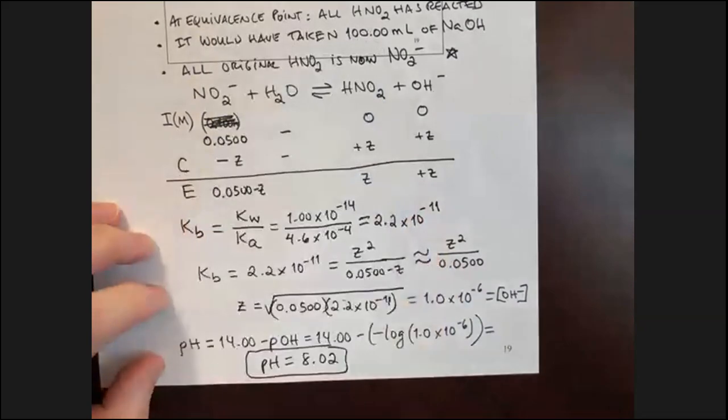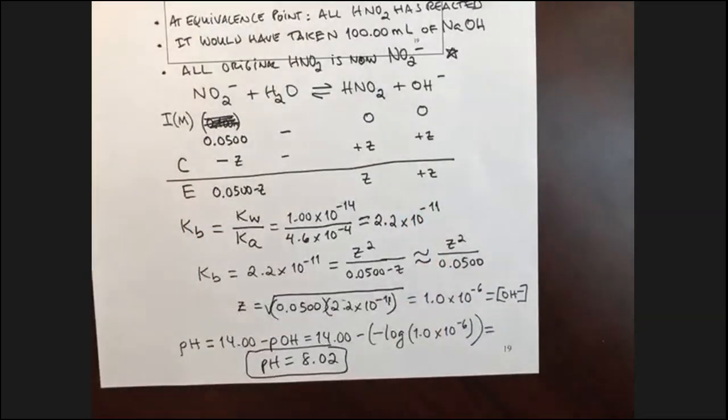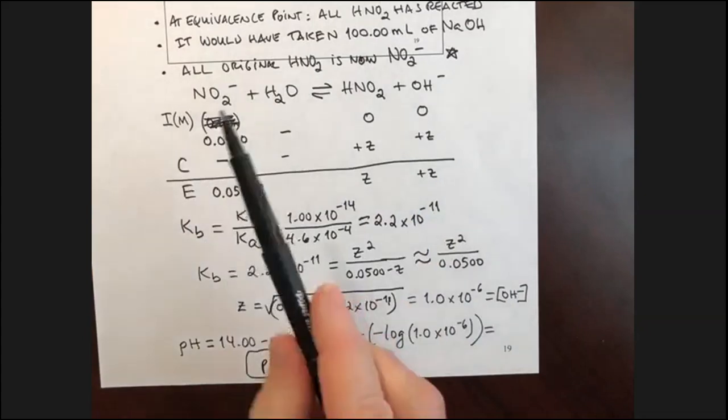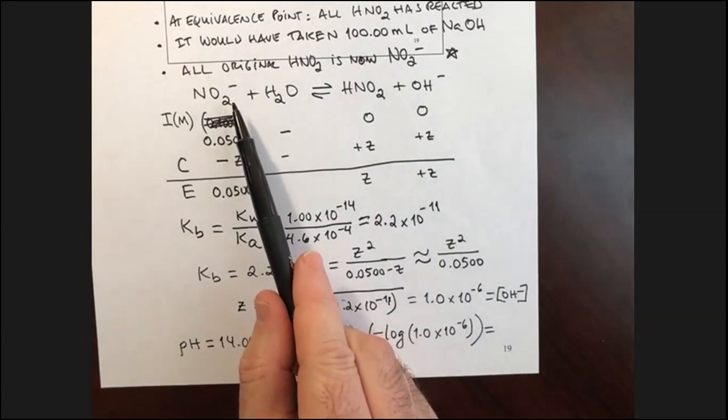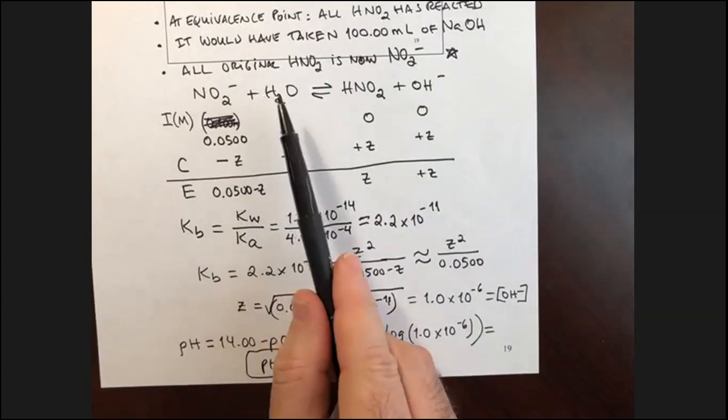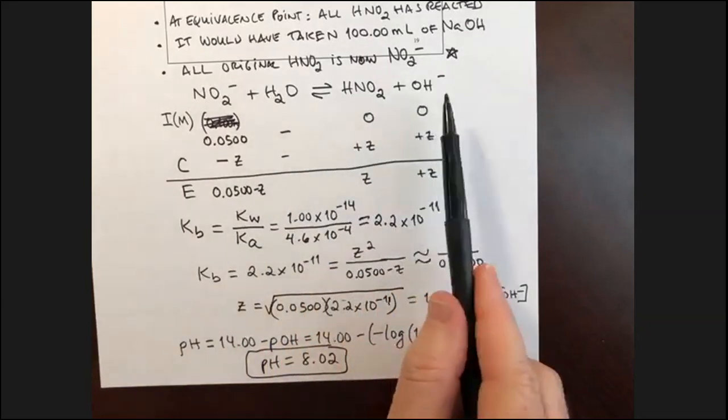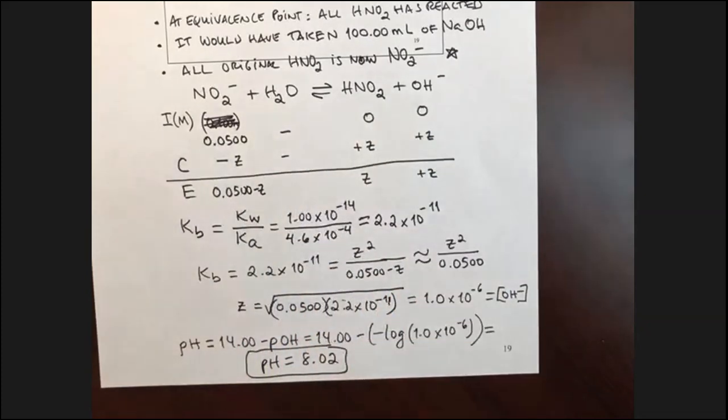As predicted, the pH at the equivalence point is not 7. It's slightly basic because the product of the titration, the nitrite ion, is a weak base that hydrolyzes to increase the concentration of hydroxide ions above neutrality. And that's why you have a higher pH. Okay, a few more moments to let you guys absorb that, and then we'll tackle the last step here, which is